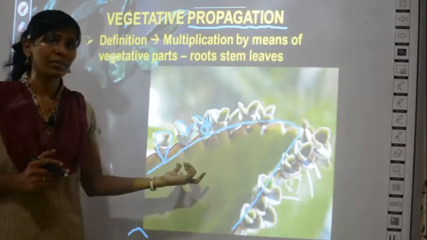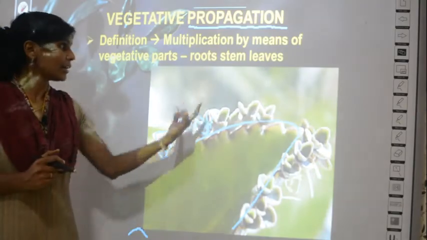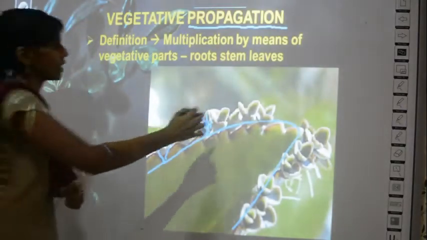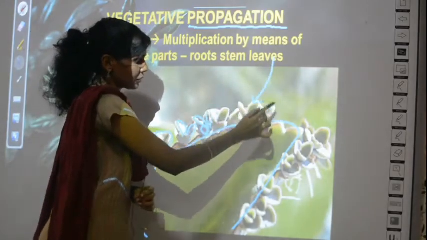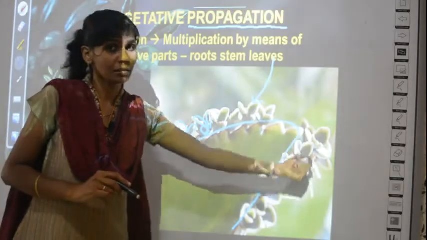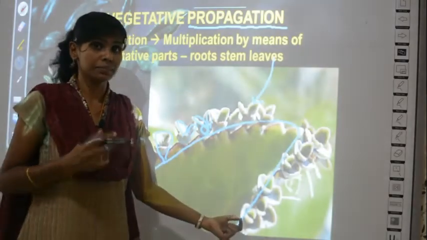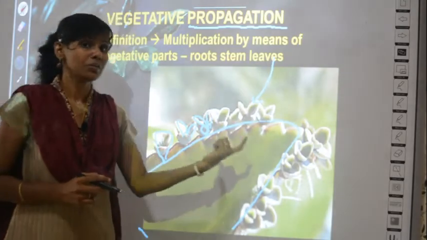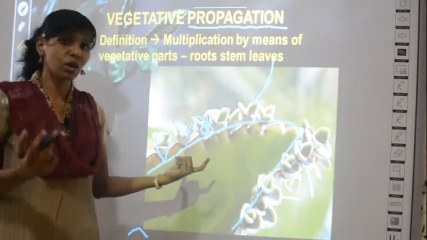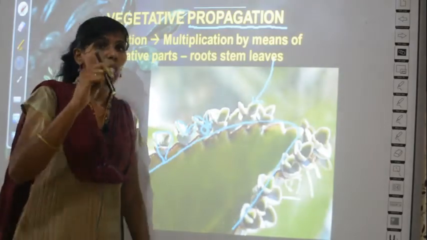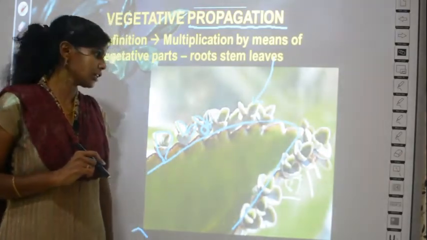The example given is bryophyllum leaf, and here in the case of bryophyllum, leaves help in vegetative propagation. See, these are all from the leaves, right? So from one leaf you have got many leaves, which means there is multiplication, right? There is multiplication here, which is called vegetative propagation, because there are multiple leaves arising from one single leaf. So it is a vegetative propagation.